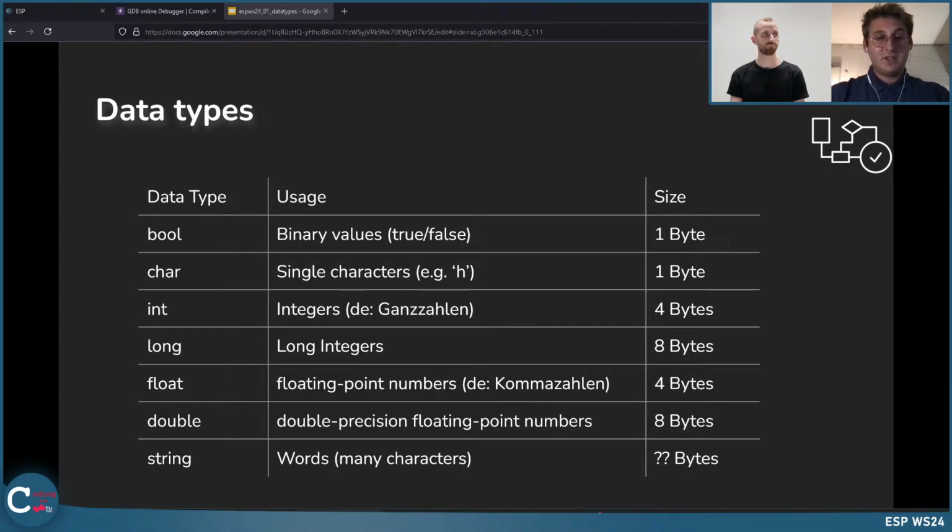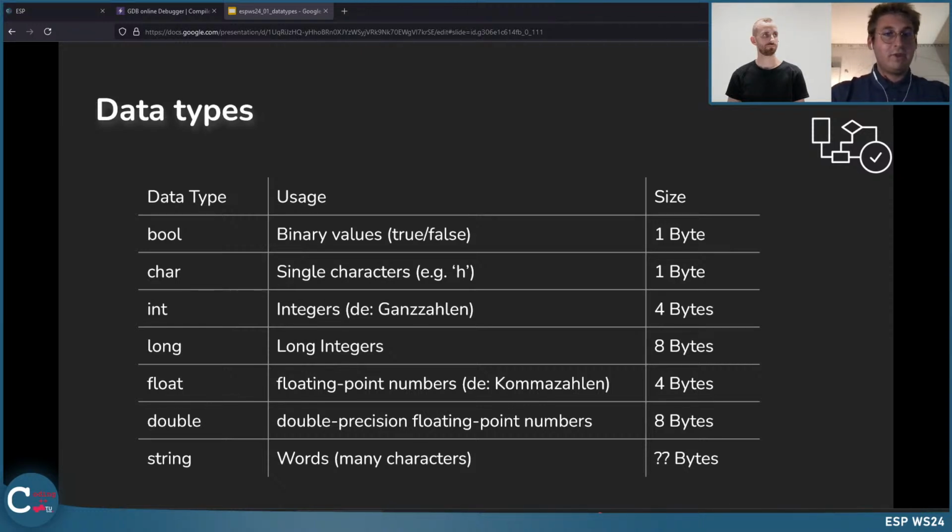This data type can represent larger integers than the standard integer data type. In particular, in C, it's 64-bit or 8-byte in comparison to just 32-bit or 4-byte when using an int data type. So we have the ganze Zahlen.